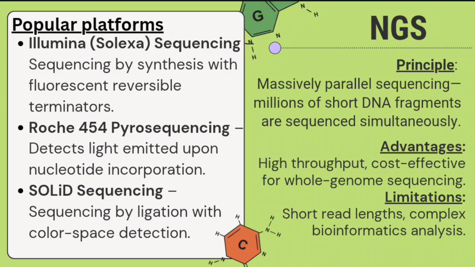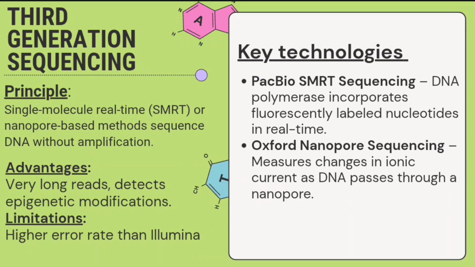The advantage of this technique is high throughput and cost effectiveness for whole genome sequencing, but the limitations include short read lengths and complex bioinformatics analysis. Next is third generation sequencing, which is based on the principle that single molecule real time